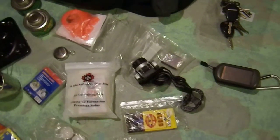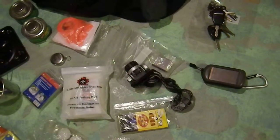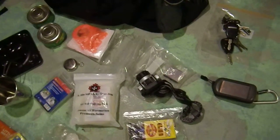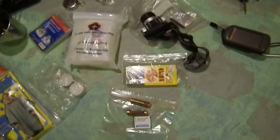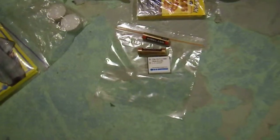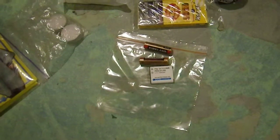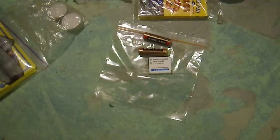Immediately beside it is my LED headlamp. Below it is my Ziploc bag with my waterproof matches and my striker, which is my flint, which is missing. That'll be in there. We got my cigars. This trip is going to be 2 days, 1 night. So I only need 2 batteries for the GPS, and I've got a spare. I'm only bringing 1 battery for